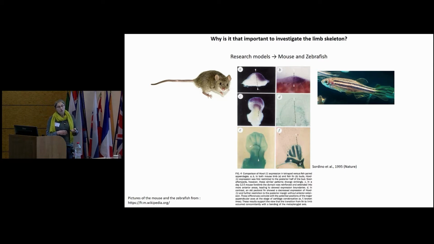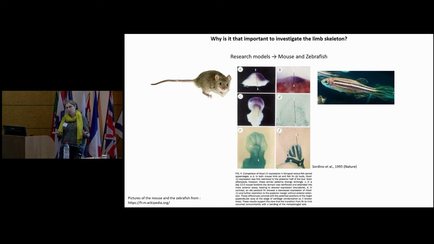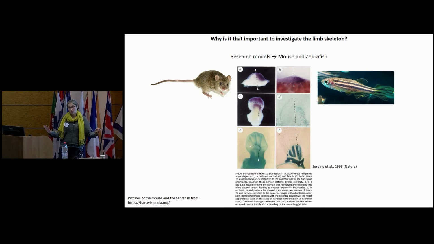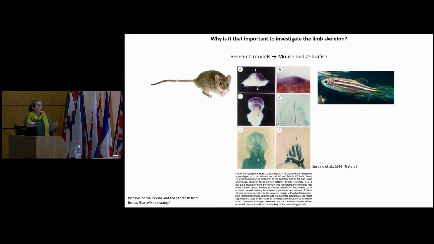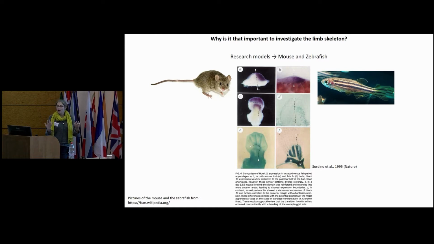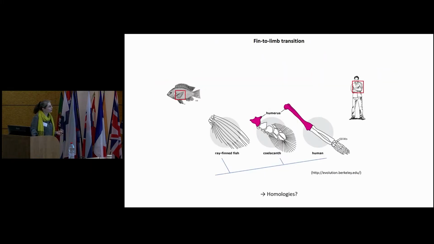The problem, as I told you, is that they are pretty derived from an evolutionary point of view, which means that they have evolved quite a lot. They show a gene pattern which is quite derived compared to the early vertebrate pattern that we would have at the origin. So the idea would be to investigate what's happening first within the lobefin fish to really understand the homologies and the development between the humerus, for example, of a tetrapod and the humerus of a lobefin fish.